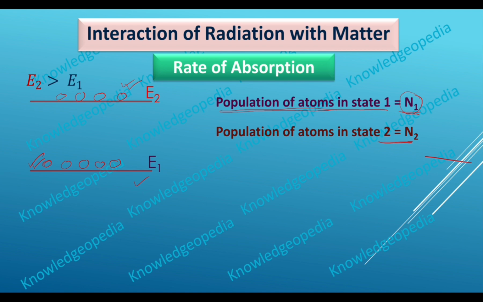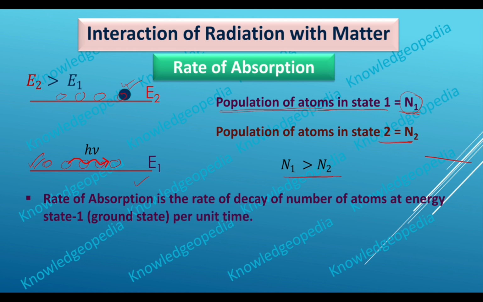In stable state what happens? Generally all atoms try to be in the ground state, and hence we have N1 greater than N2. This is the normal equilibrium condition. In case of absorption we have seen that this is the atom. When a photon hits this atom, by absorbing this photon the atom will move to the excited state, that is E2. This is what? Absorption, right? Now what is this rate of absorption? The rate of absorption is the rate of decay of number of atoms at energy state 1, that is the ground state,